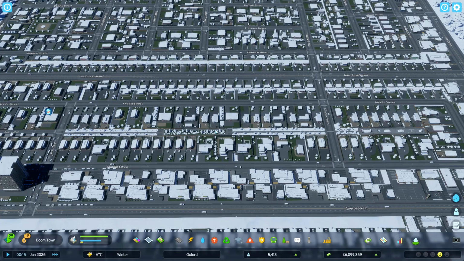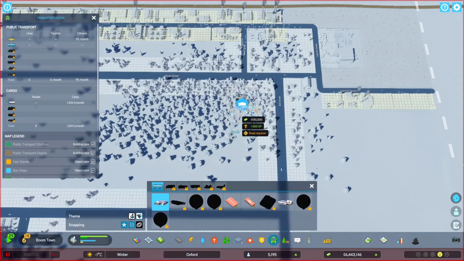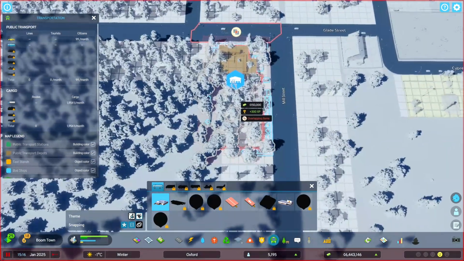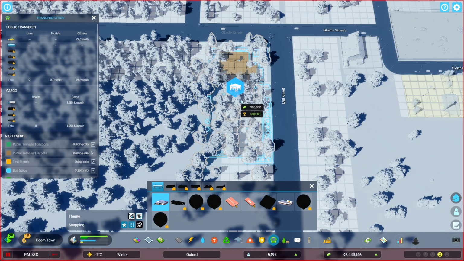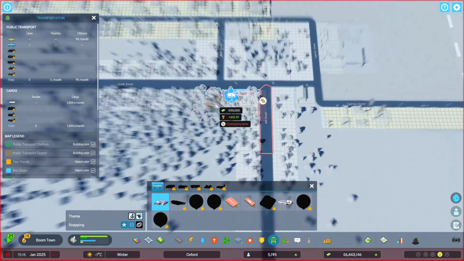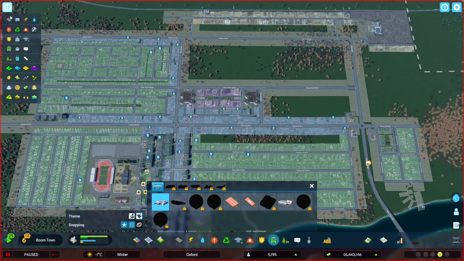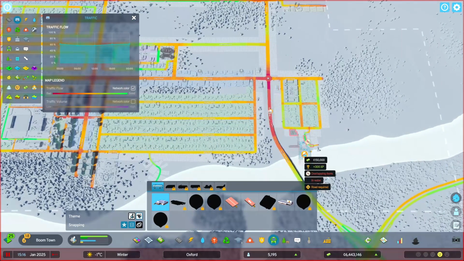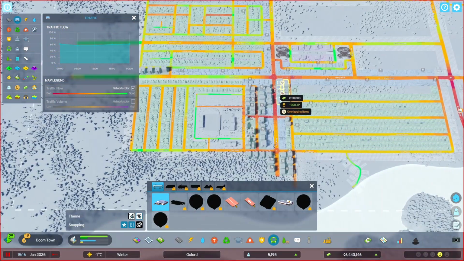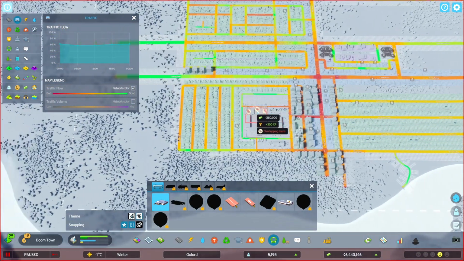But there we go. There's a few bits of detailing from the developer tool. So now on to the issue with traffic. So I think the idea here is, rather than try and make changes to our intersections or our roads, the first step is we're just trying to reduce the amount of cars on there.